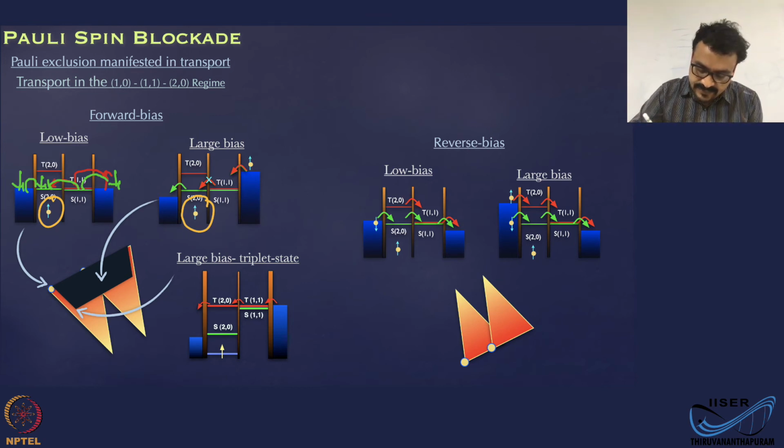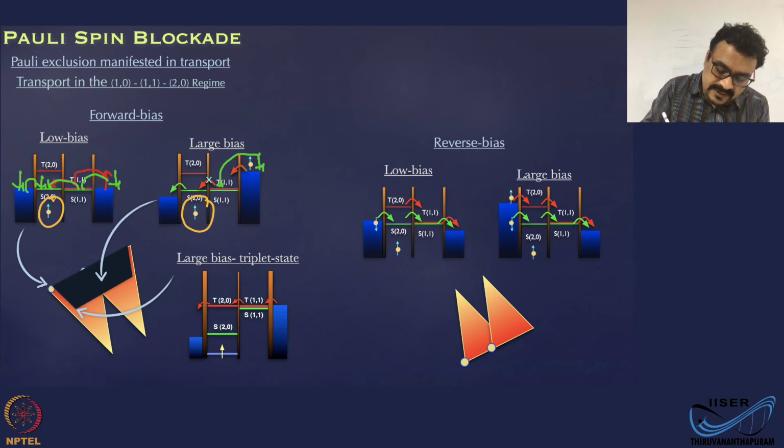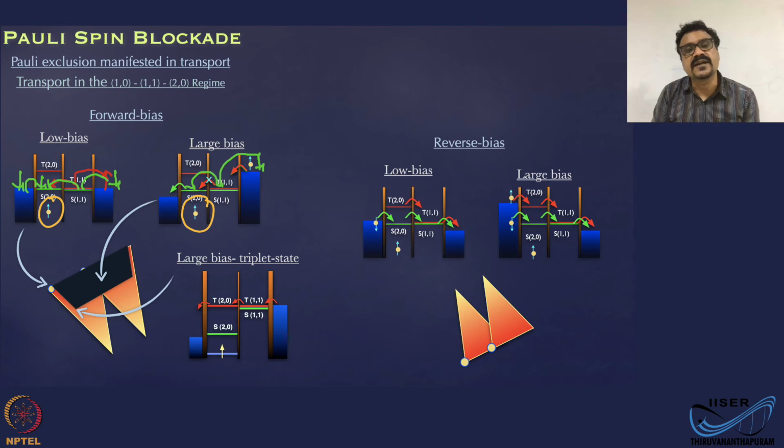Now, assume that you have a spin down electron first. The spin down electron can tunnel here, and it actually can occupy the S11 state. Okay, that actually can tunnel here. This will occupy the S20 state and tunnel out. You will get a current. But you have equal probability of spin up and spin down electrons in the absence of a field. You have both states degenerate.